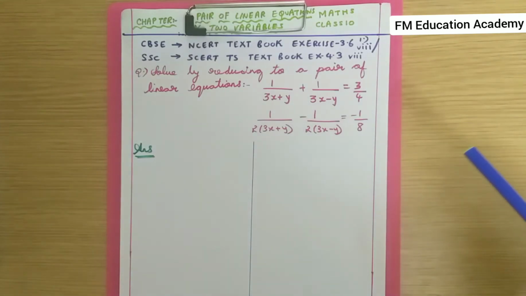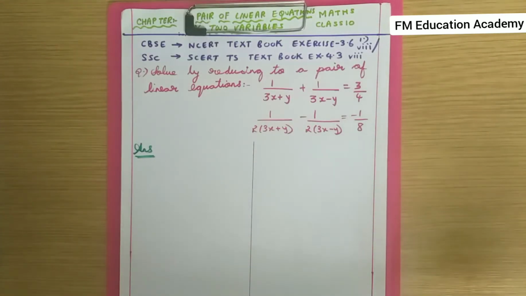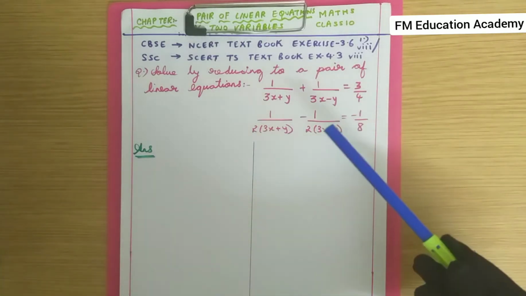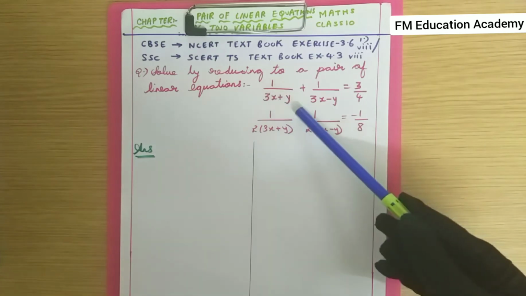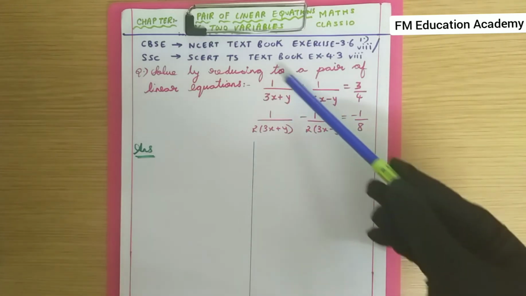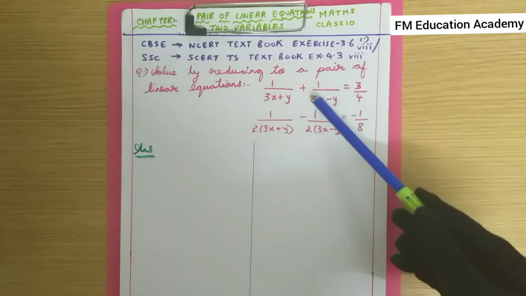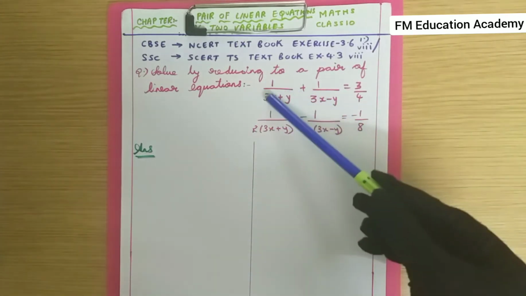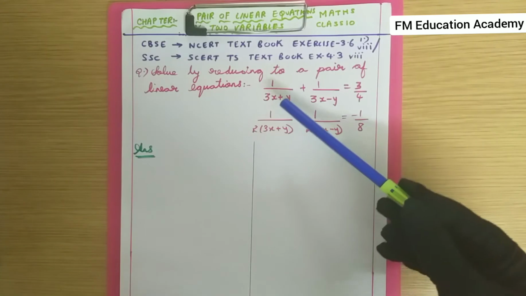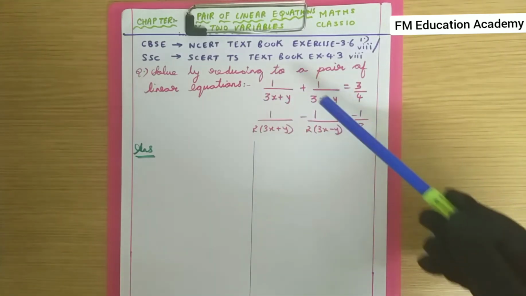Okay. Now in order to solve these types of pair of linear equations, how to solve them? We have to reduce them. What do you mean by reducing? You know that whenever we have x and y in the denominator, like you have fractions, you can eliminate that x and y from the denominator by assuming this value to be a or b.